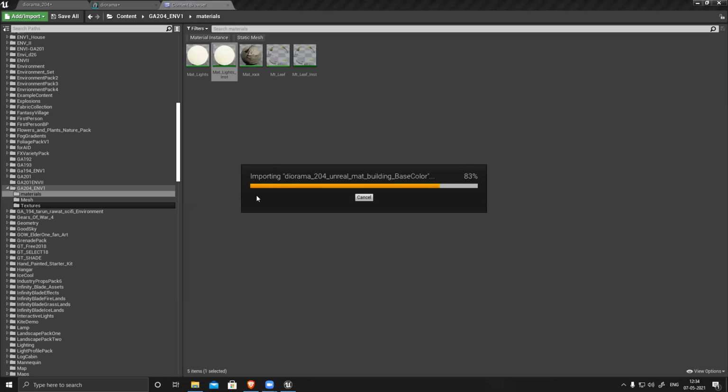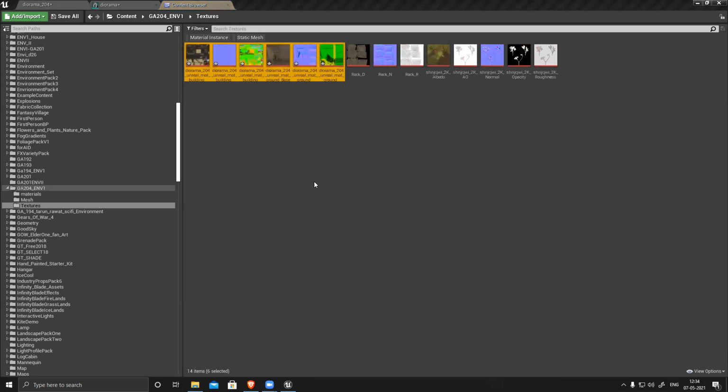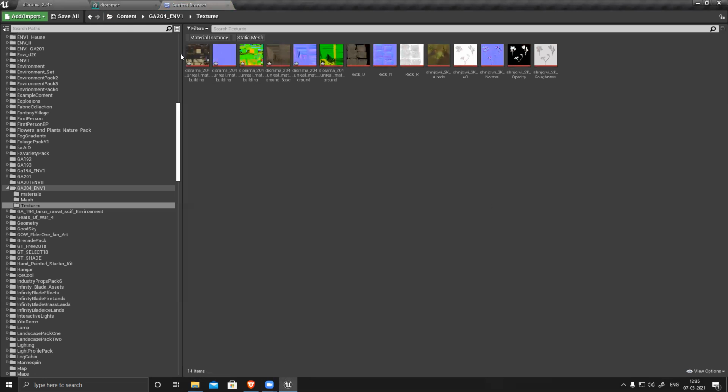Importing. All textures are imported here. So now I need to create some. Let's save the file first.